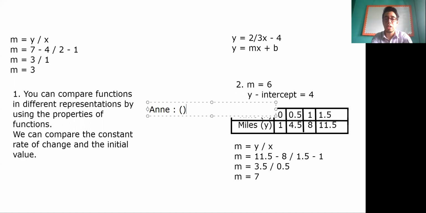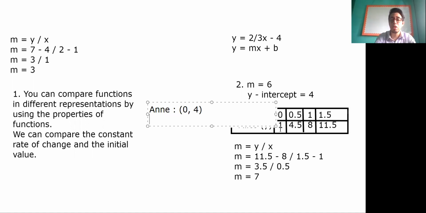And what is the starting position? The y-intercept is 4. It says that the x is going to be 0. Remember, when we have the intercept, the other value is 0. And the starting position for John, you already have it, is 0 for x and 1 for y. So for John, you already have it on the table. The starting position is 0,